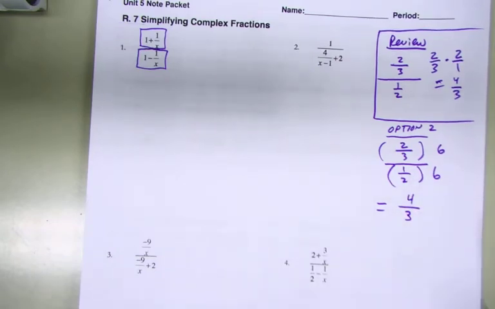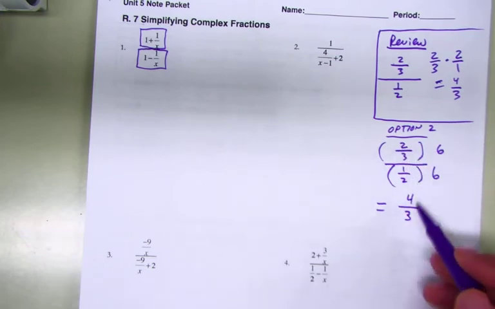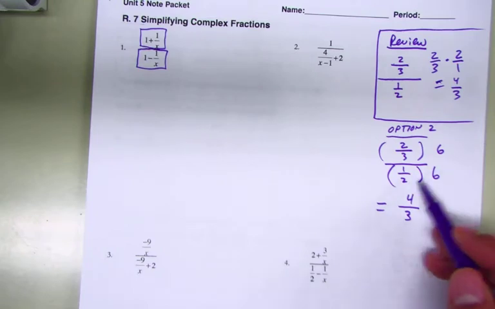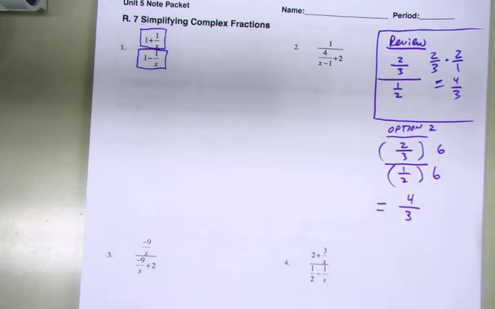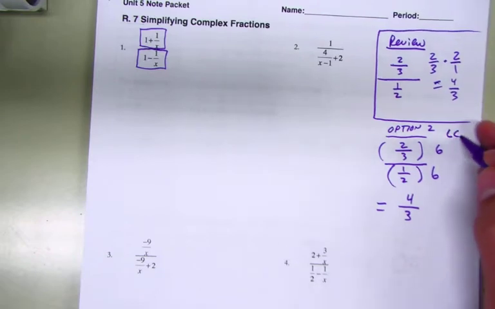Right. The other option is this. You can go straight across. 2 times 6 is 12. 12 divided by 3 is 4. 1 times 6 is 6, divided by 2 is 3. Okay? This option here, the least common denominator,